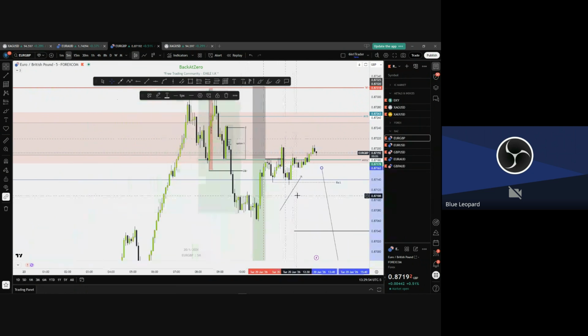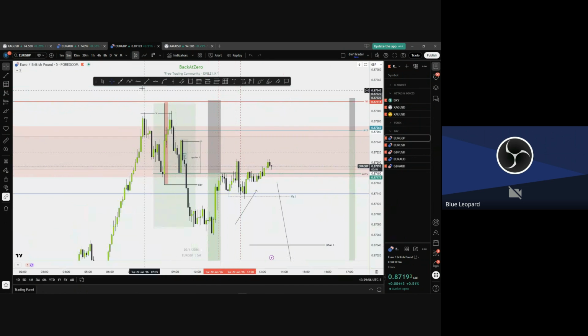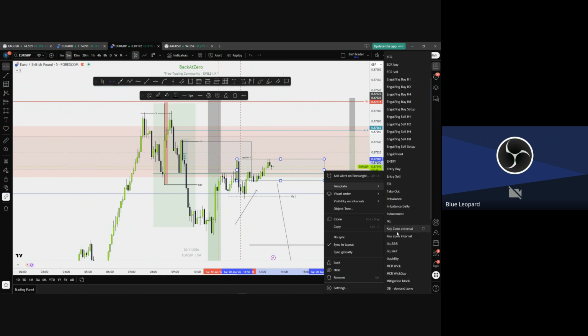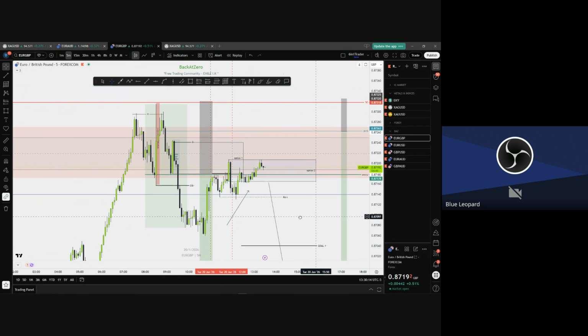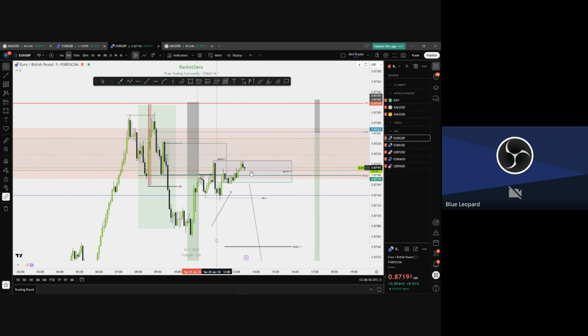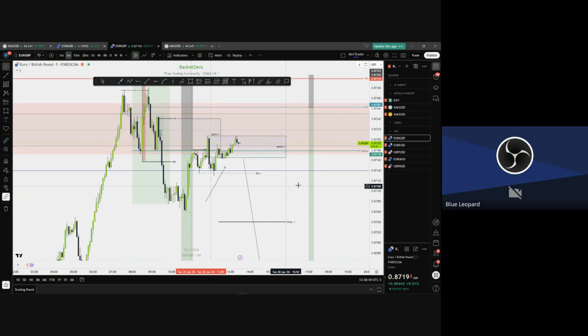Okay, you see here, we have an engulfment that touched option one. Option one has been touched. We suppose that our trade is running now, but somebody else is late to this trade. What you should do is mark this option two. This is now option two, and this option two will be the one that you will take the trade from. But you need to wait for something.